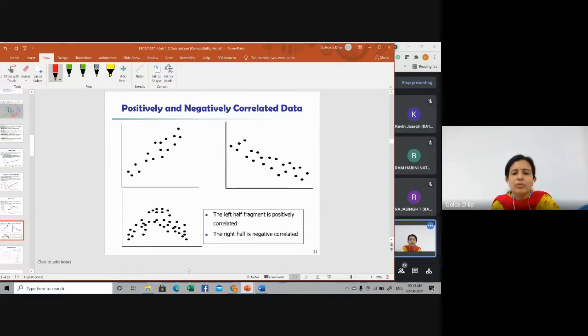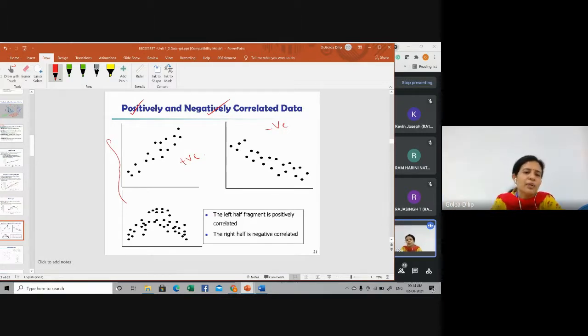You can see here two headings being mentioned: positively and negatively correlated data. So, positive and negative correlation. I think these two are positively correlated, and this is negatively correlated. What do we mean by correlation? If you have two attributes, let's say X and Y, and one attribute implies the other, that means they are correlated. X implies Y. The correlation can either be positive or negative, or they are not correlated, which you can call null or uncorrelated.